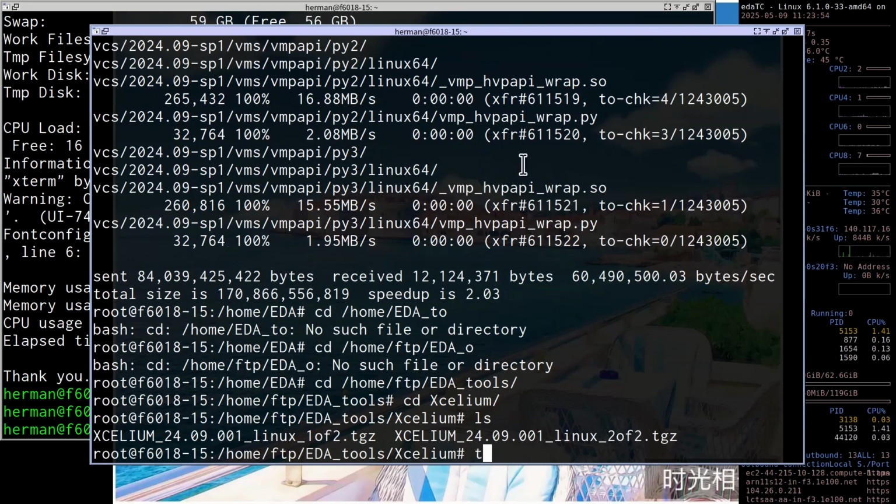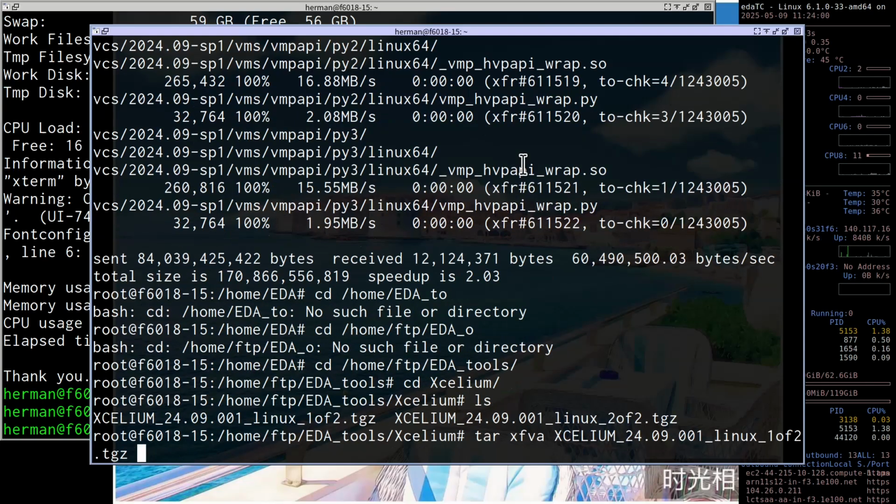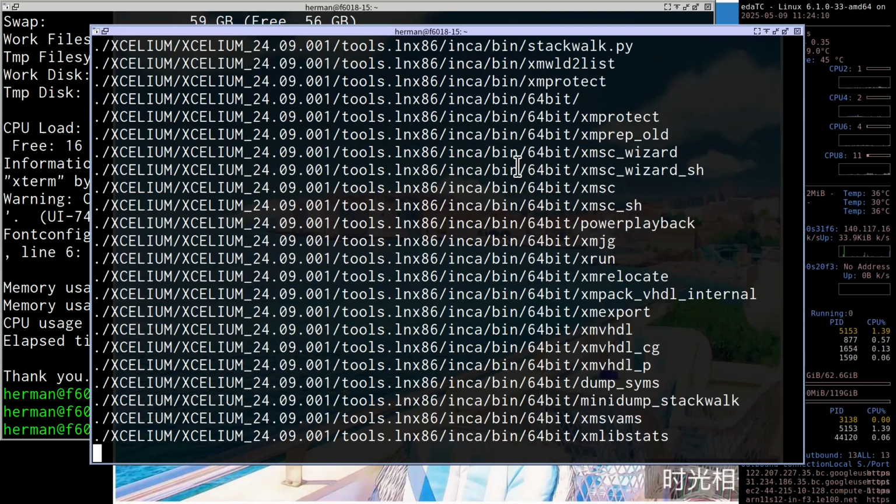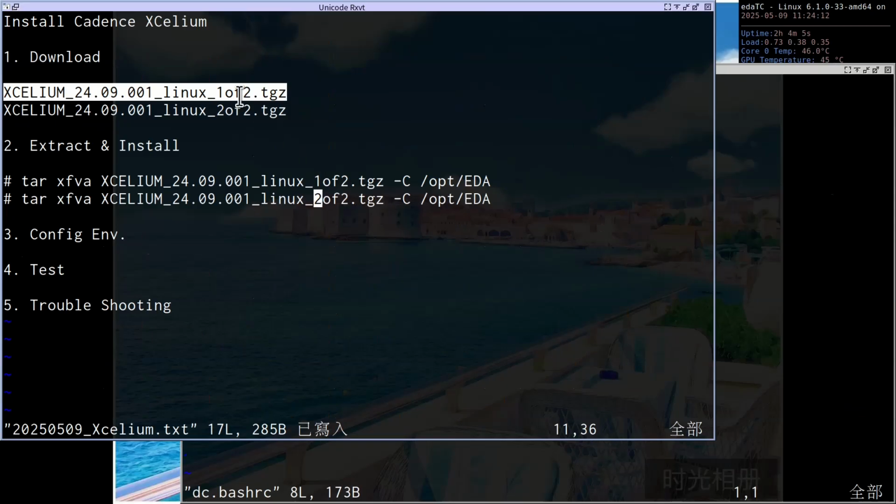So we can type tar -fva Xcelium 1 capital C. Okay, we can extract this to OPT EDA first. So please download these two files and extract them to the OPT EDA directory.